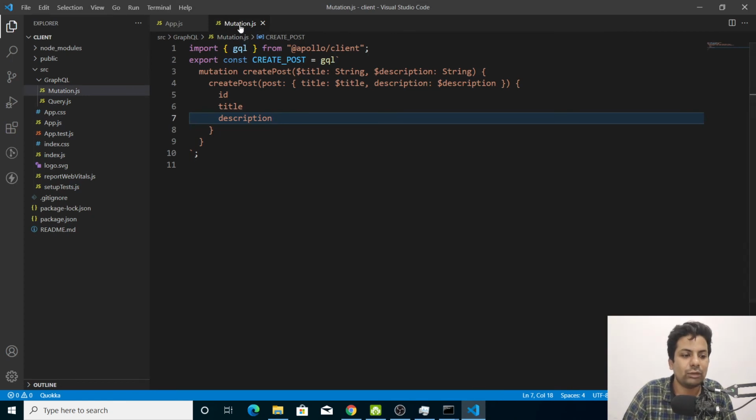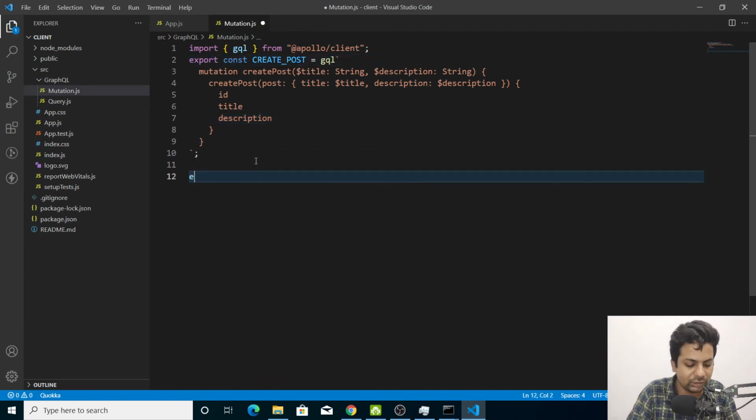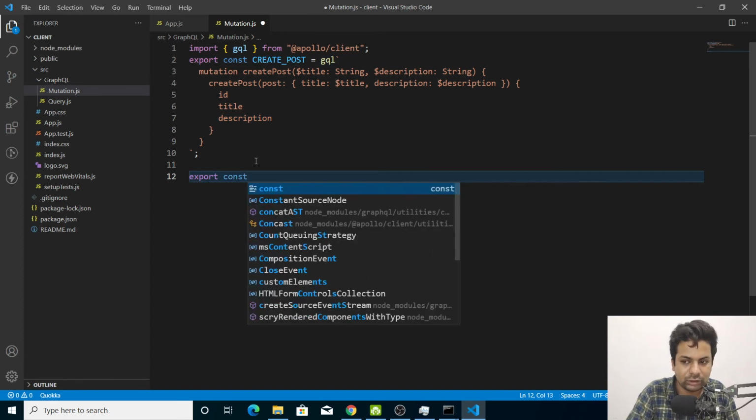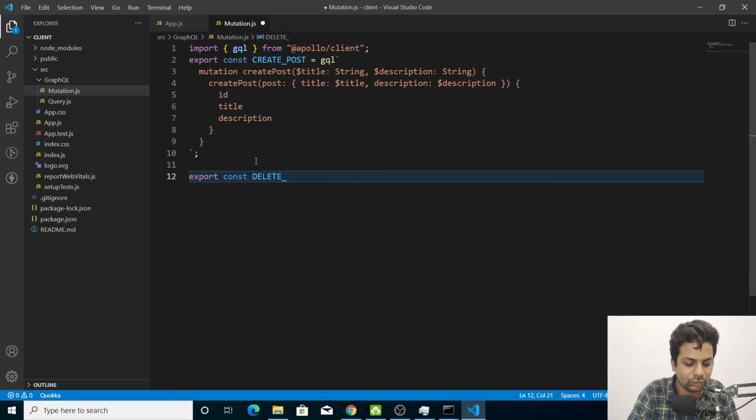So again we have to go into the mutation only. Now in the mutation, instead of this we come here and we'll say export const DELETE_POST.